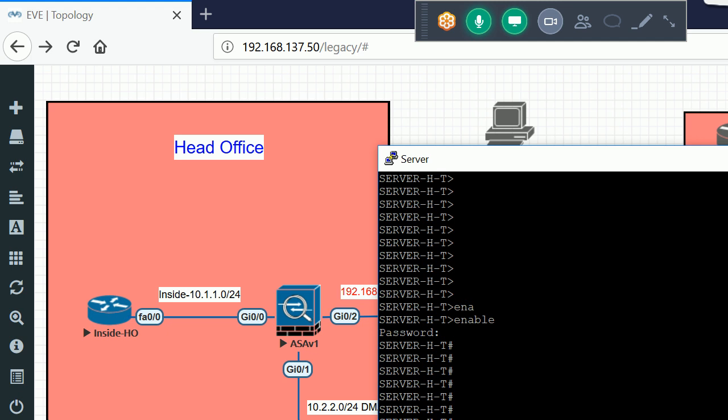Okay, so the thing is, right now if I want to ping this DMZ server, I'll just run this command. It has become a little bit slow. 192.168.1.150.